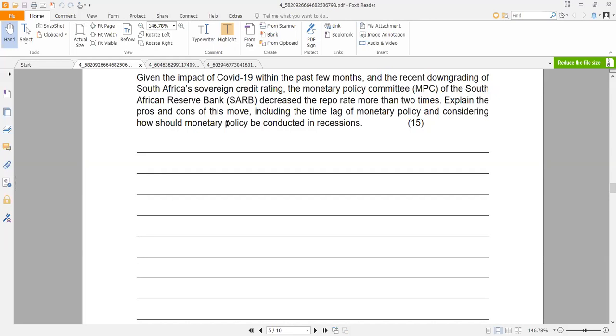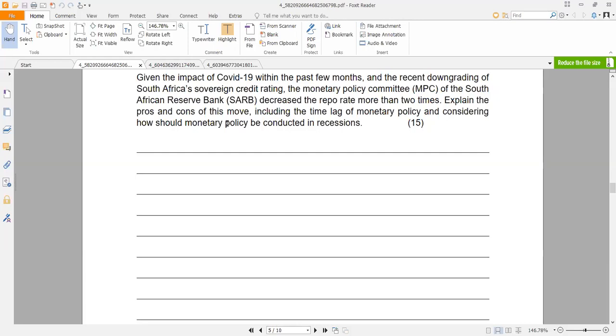So this question was basically the basics of your monetary policies and your repo rate. You should know what a repo rate is. You should know the advantage and disadvantage of reducing the repo rate. Know the issues to do with the impact lag. Did we realize the results? Not yet. Maybe it will take a longer period of time before we realize it. And then how should monetary policy be conducted in recessions? We know that if we're in recession, be it monetary policy or fiscal policy, authorities should just implement expansionary measures to improve economic activities, then you'll be done.